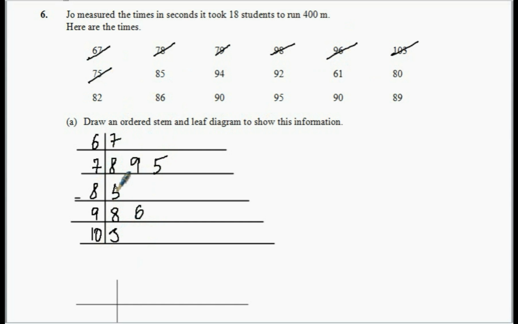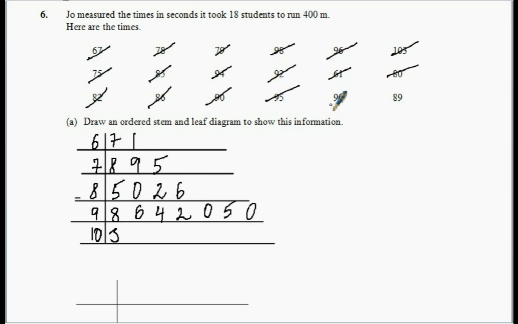85, 94, 92, 61, 80, 82, 86, 90, 95, 90, and 89, done. Now we need to make order in our leaves, so the first numbers would be smaller than the last number in each leaf,